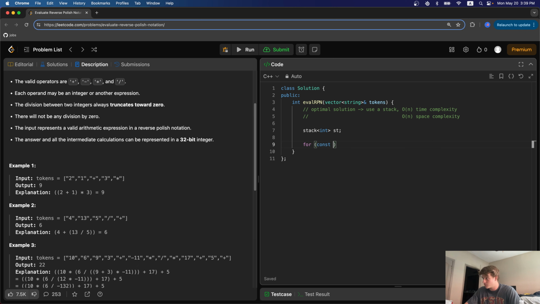So const token, and that's going to be an integer. So for const token in tokens, so we're going to just iterate through those tokens without reallocating any extra space, and also preventing altering the original token with the const keyword. So iterating through the token list, the first case we have here is we can check if